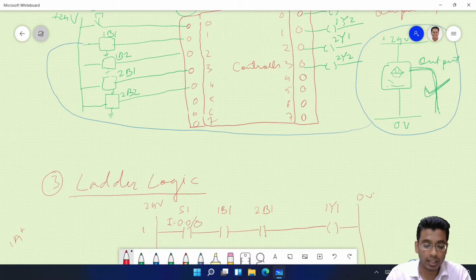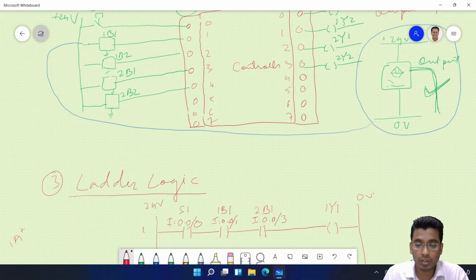Fine. And then similarly I colon 0.0 slash 1 is your 1B1, and where is your 2B1 connected to? 0 slash 3.